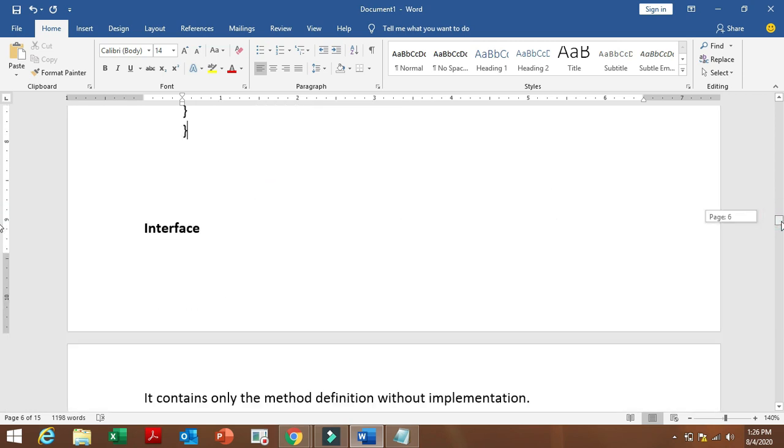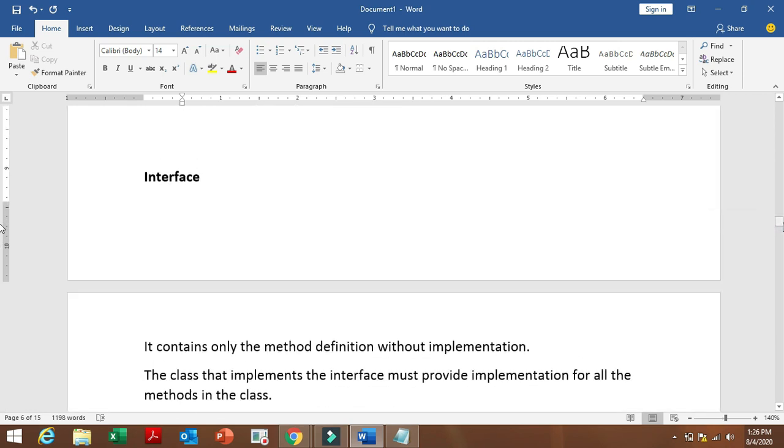So next we'll move on to the next topic called interface. So what is the interface? Interface means it contains only method definitions without implementation.